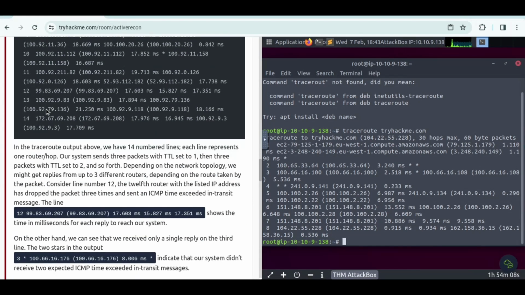In the traceroute output above, we have 14 numbered lines. Each line represents one router/hop. Our system sends 3 packets with TTL set to 1, then 3 packets with TTL set to 2, and so forth. Depending on the network topology, we might get replies from up to 3 different routers, depending on the route taken